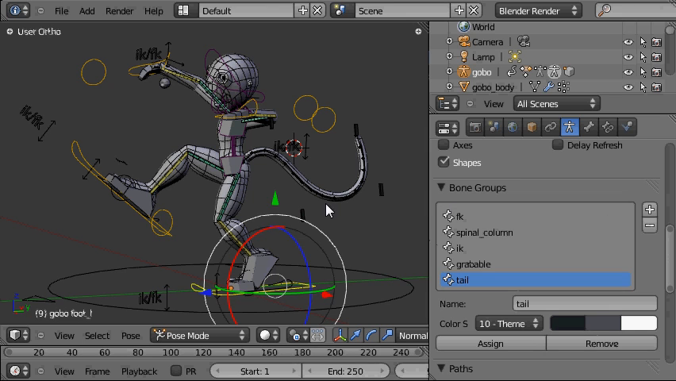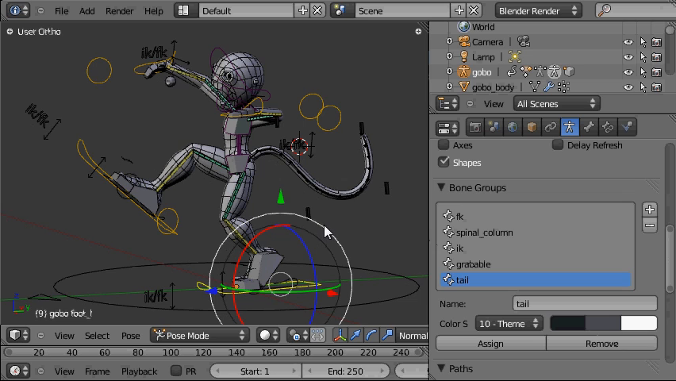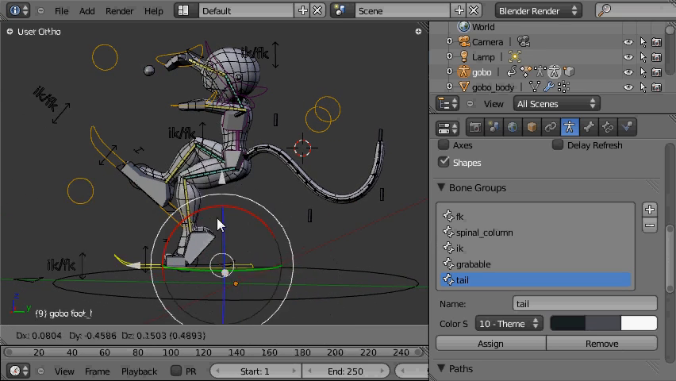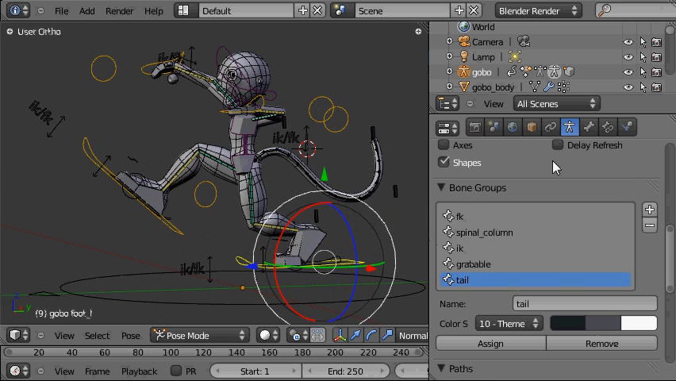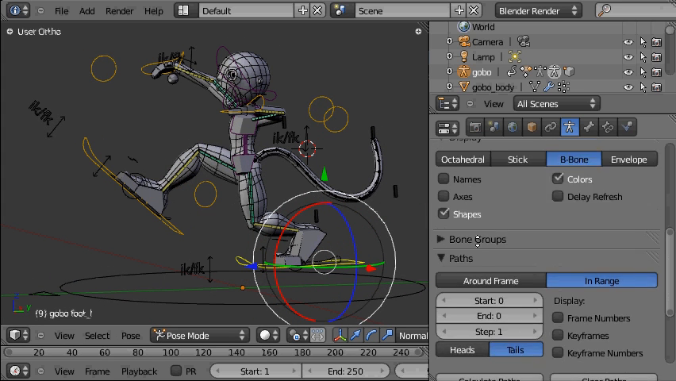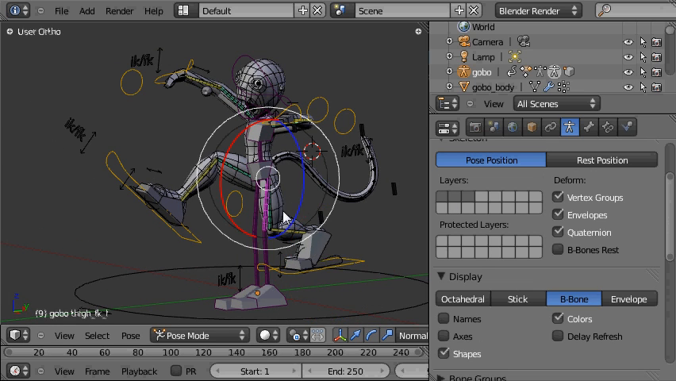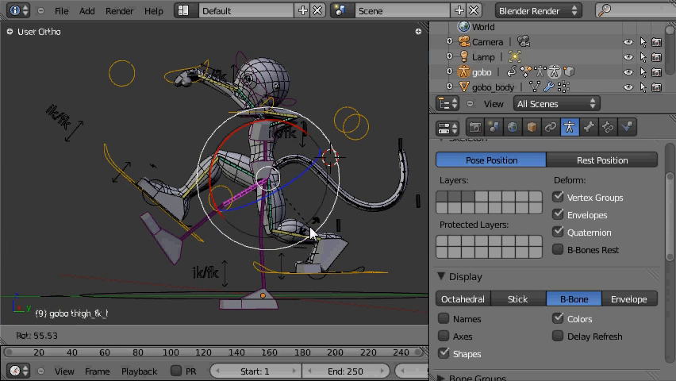Hello, I'm going to make a video tutorial about how to make the IK-FK switching setup that's in this rig I've made in Blender 2.5. So this is the IK foot control, and I make the FK control visible. You can see the FK control here. Just rotate this one